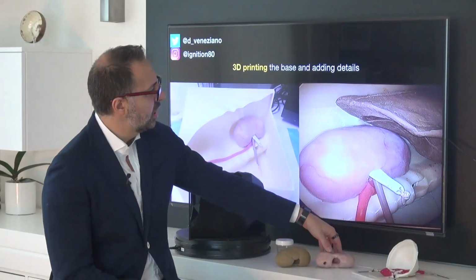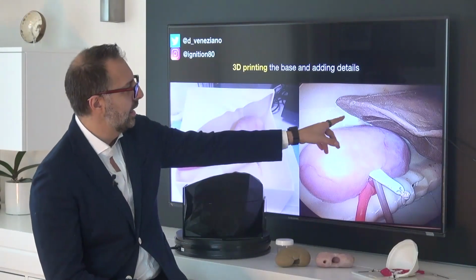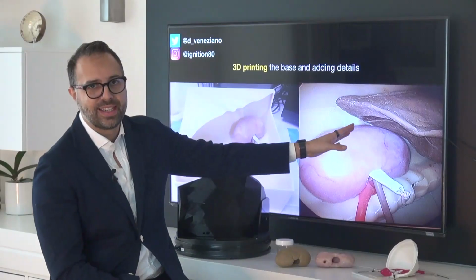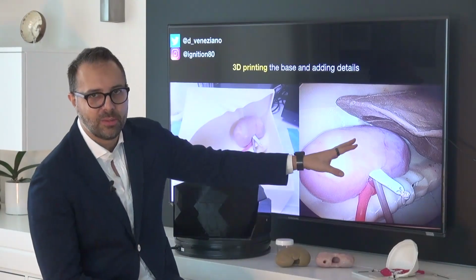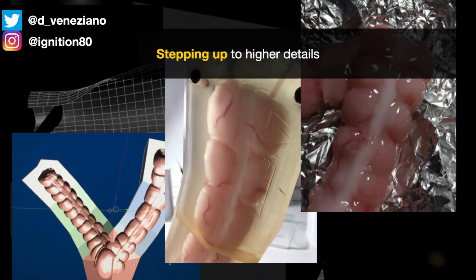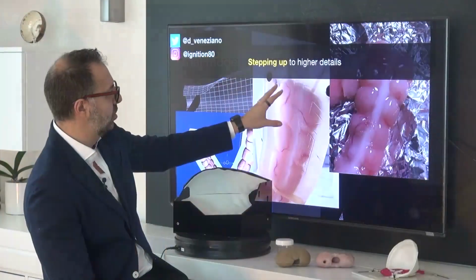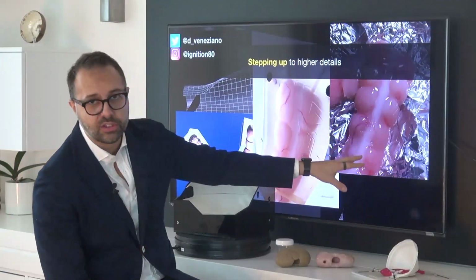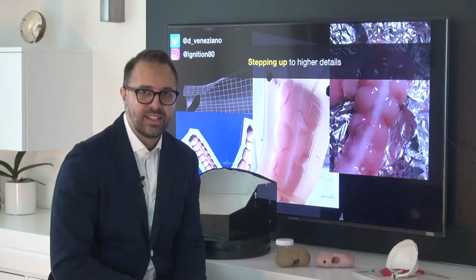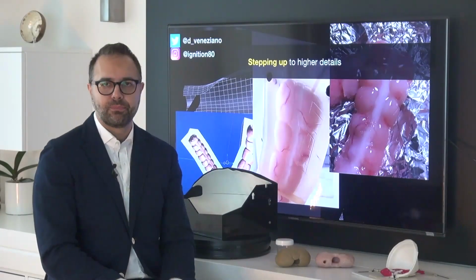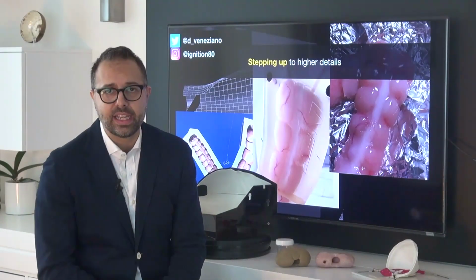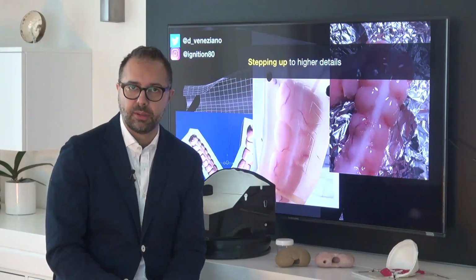But then we started to add some more details, like the liver here, that in this case you see just made up of clay. And in this picture you can see a resin mold, the different stages from the design to the pouring in, to the extraction of the model for a colon that has a super high detail, and that is part of this radical nephrectomy model.